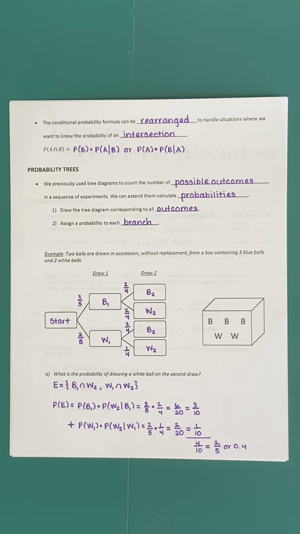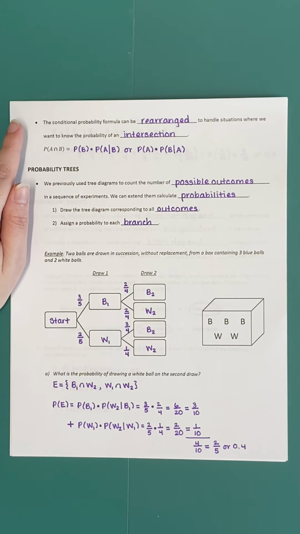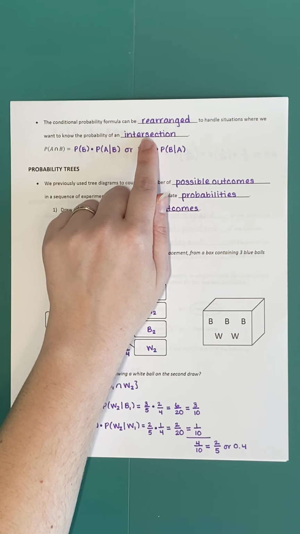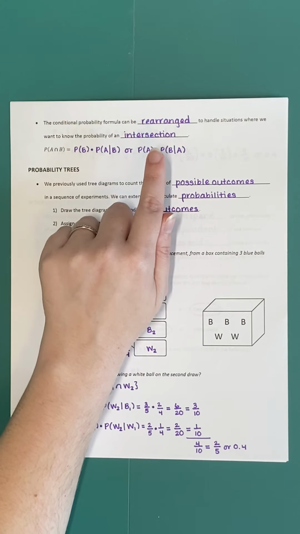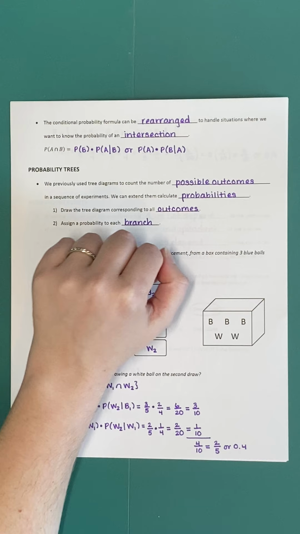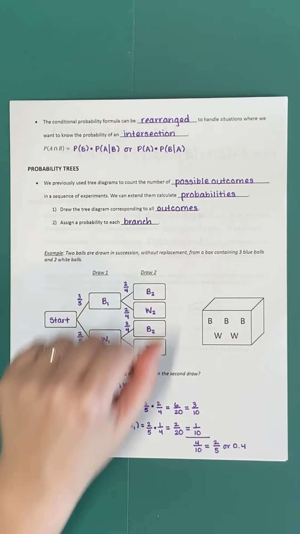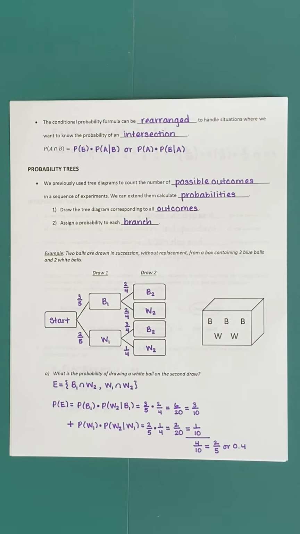And then we're essentially applying another event based on the event that's already occurred. So the conditional probability formula can be rearranged to handle situations where we want to know the probability of an intersection. So kind of like there's a little bit more to the probability of a union. We have to worry about mutual exclusivity. There's a little bit more in terms of the probability of an intersection, particularly when we talk about a sequence of events when multiple outcomes could occur and there's multiple ways for a particular event to be achieved,